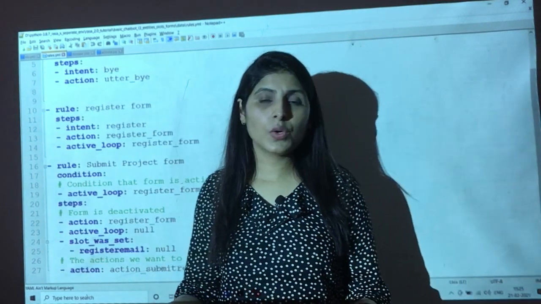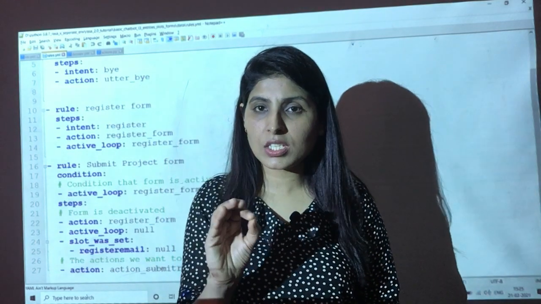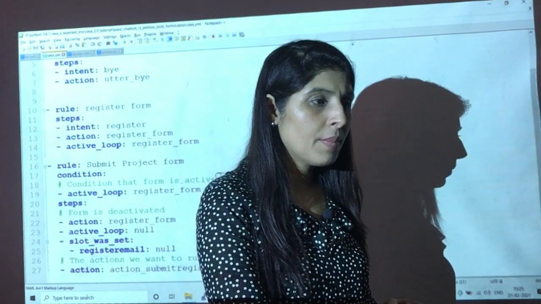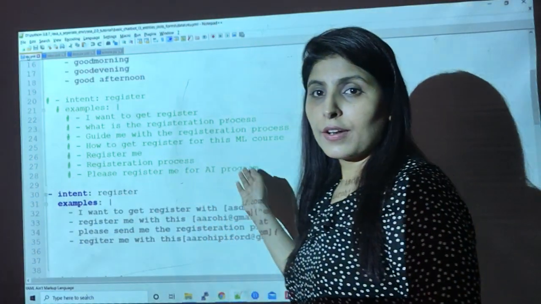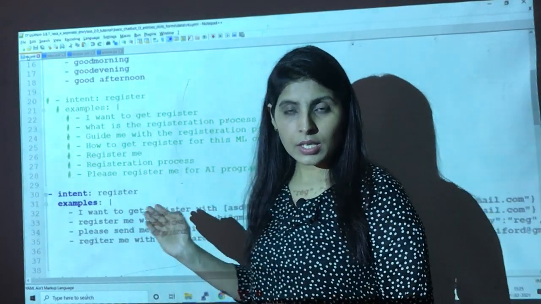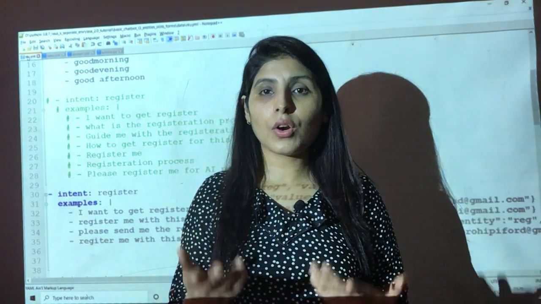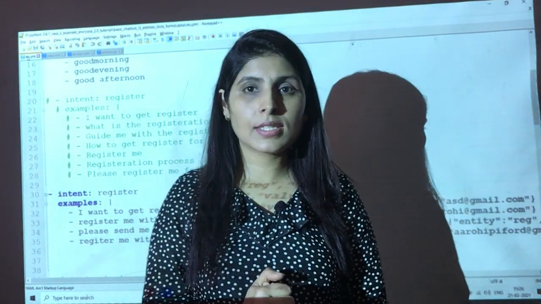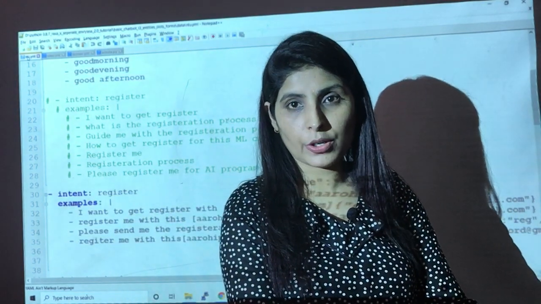So this is how you can use the entities. The rest of the things are the same. We have just made a few changes in the nlu.yml file. In the nlu.yml file you have to define the code like this, right? And then in the domains.yml file I have already shown you what all things you have to do. So guys, that's it. Okay, now let me show you the output of this particular example.